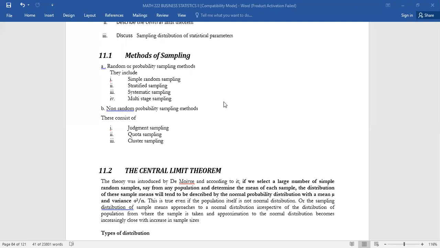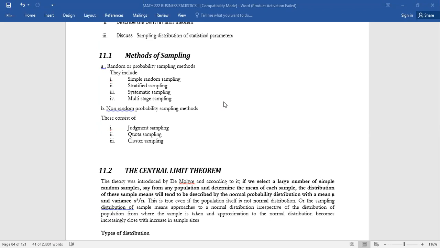I was saying that the method of sampling can be broadly categorized into two. We have what we call the random, and we have the non-random. For the random, we have simple random, stratified, systematic, and multi-stage. For the non-random, we have judgment, quota, and cluster. So when we talk of simple random sampling,